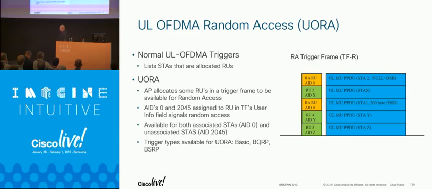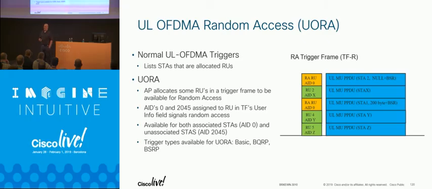Uplink OFDMA, UORA. So when I do target wake time, which is what TWT was, we agree on a contract on when you're going to wake up and when I'm going to listen for you. We've got time slots, I'm scheduling you, we shake hands and agree on that when you join me. But you get the choice, like everything else. The client can say, you know what, I don't like that. Or what happens if I blow my slot?